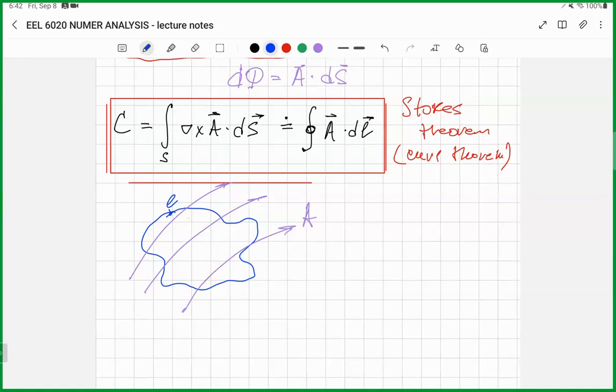By definition, of course, I can take the integral of this field as I move along this path. But alternatively, I can